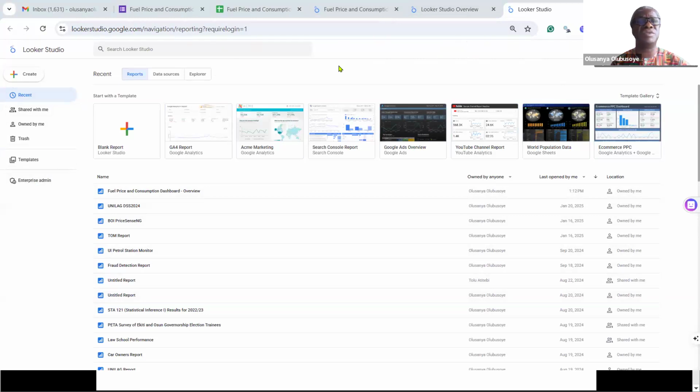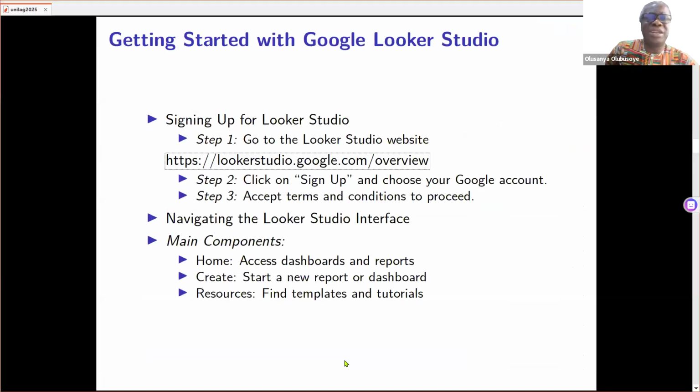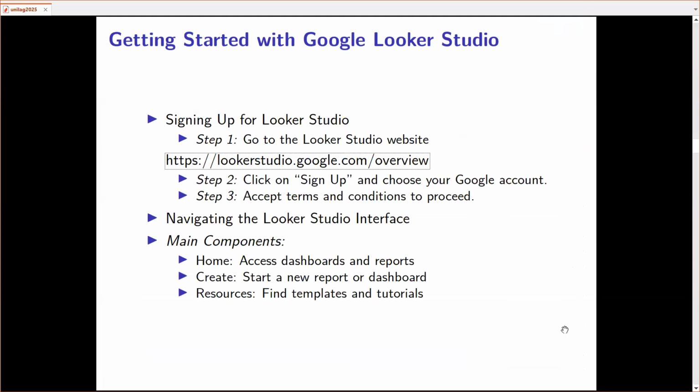So I'm going back to the slides now. I hope you are also back with me. I will be toggling between my slides and Looker Studio.